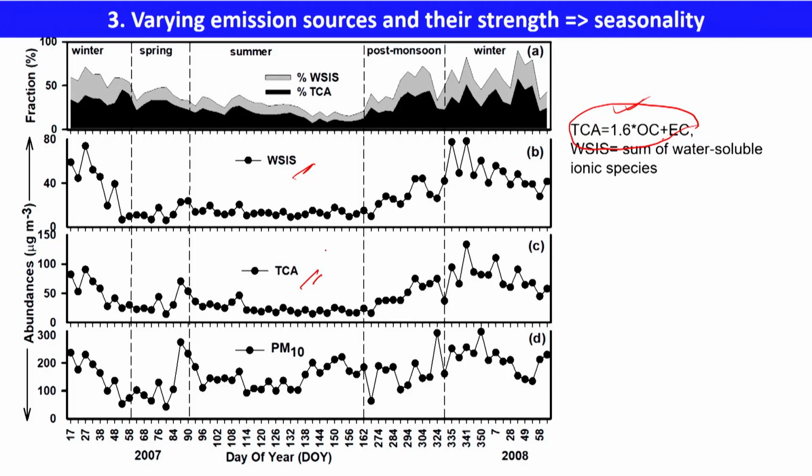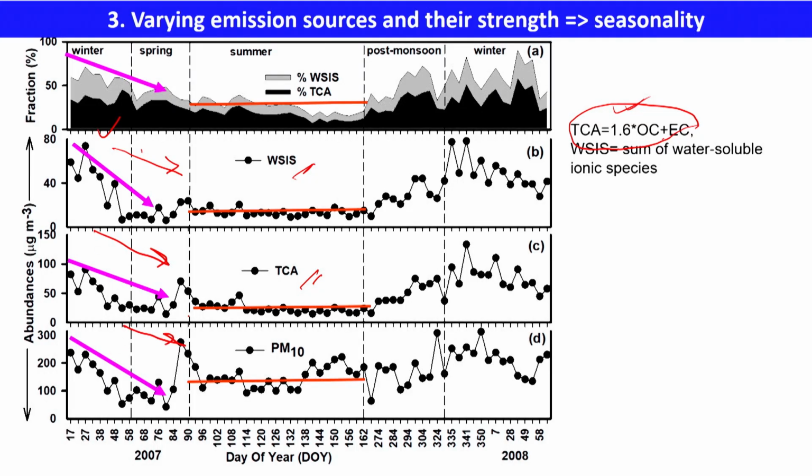So, now what you see here, although we don't have a spring season, we just call the period after February, February and March, spring. Many people call the pre-monsoon like summer season, it will be called pre-monsoon, or you can define it otherwise, but mostly in India we have just 4 seasons as I discussed. So, you see in the winter season what is happening, the TCA keeps on decreasing, it is in a decreasing mode. And you see the PM10 concentration, PM10 is also decreasing.